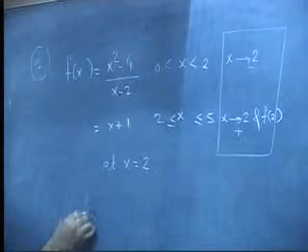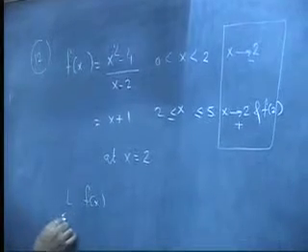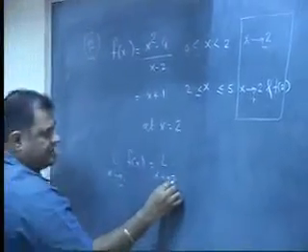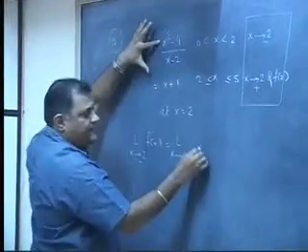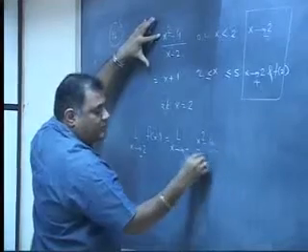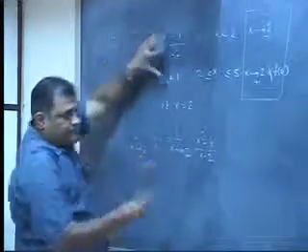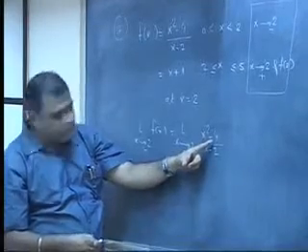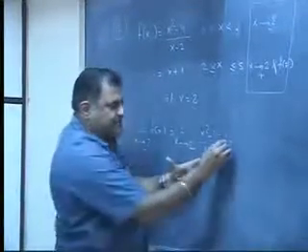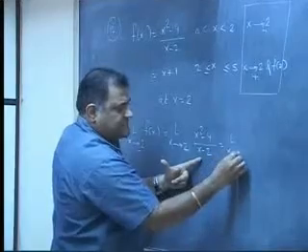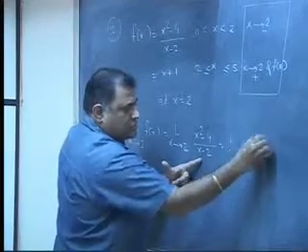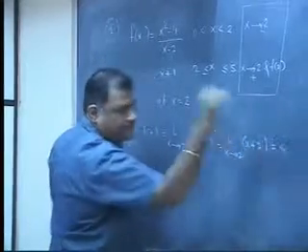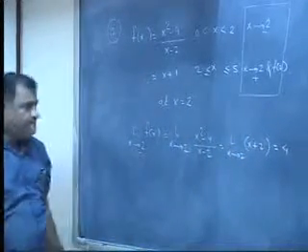So limit of fx as x tends to 2 from negative side. The function is being given as x square minus 4 upon x minus 2. X square minus 4 has factors x minus 2, x plus 2. So x minus 2 gets cancelled. What remains is x plus 2. So let's replace x by 2. 2 plus 2, 4. Do you agree with me?